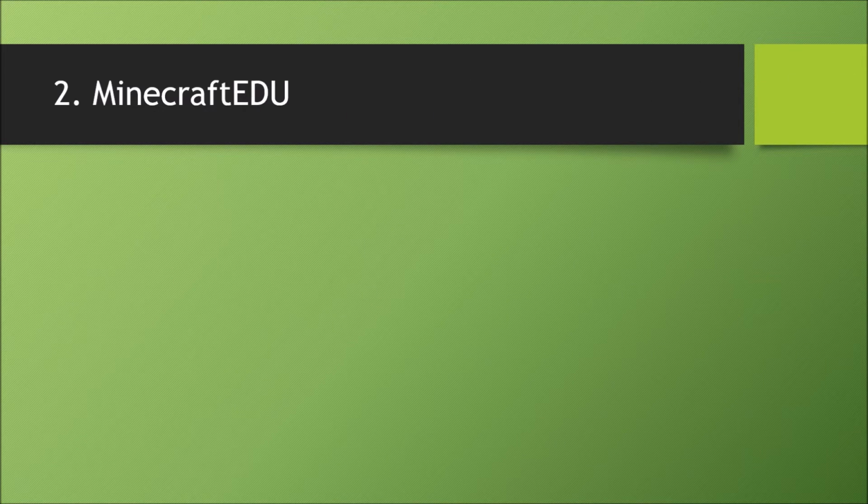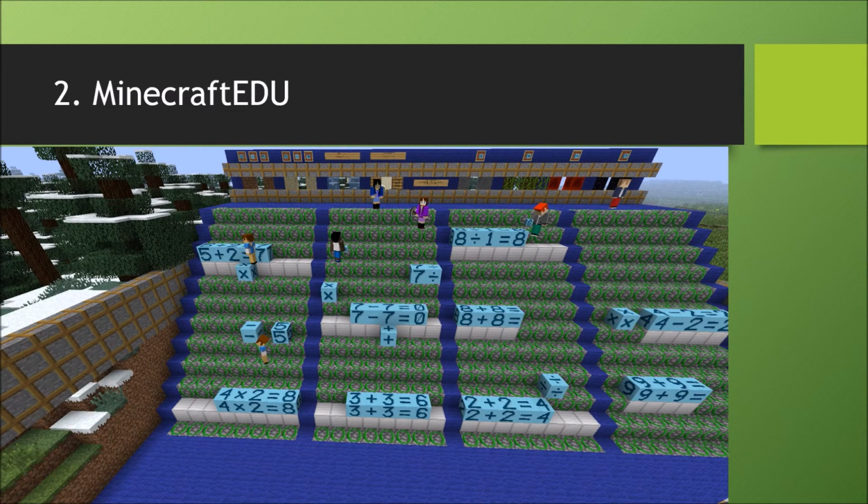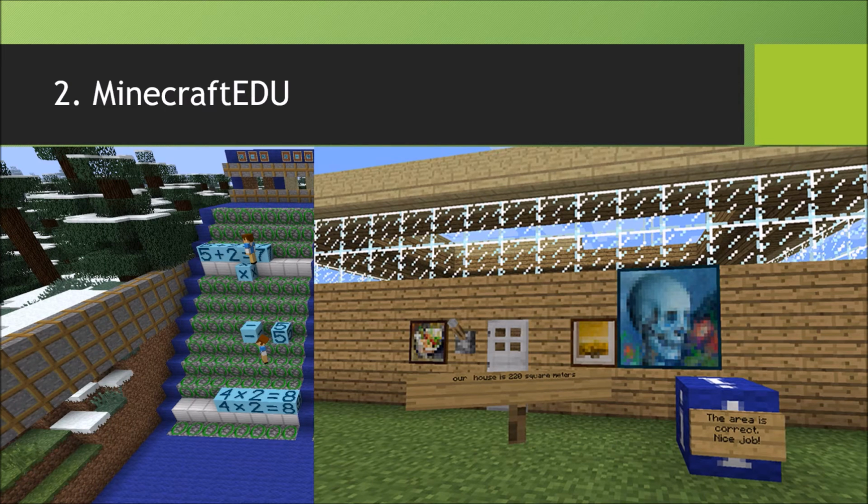Number 2, MinecraftEDU. Minecraft has been played by 90 million plus kids around the world, and there's a version built just for schools called MinecraftEDU. Teachers from around the globe are using MinecraftEDU to have students building in this virtual 3D block world across the curriculum, including measurement and problem solving in math, recreating scenes and locations in social studies and science, inventing solutions to design challenges, telling digital stories in language arts, celebrating their faith and religion, and much more.